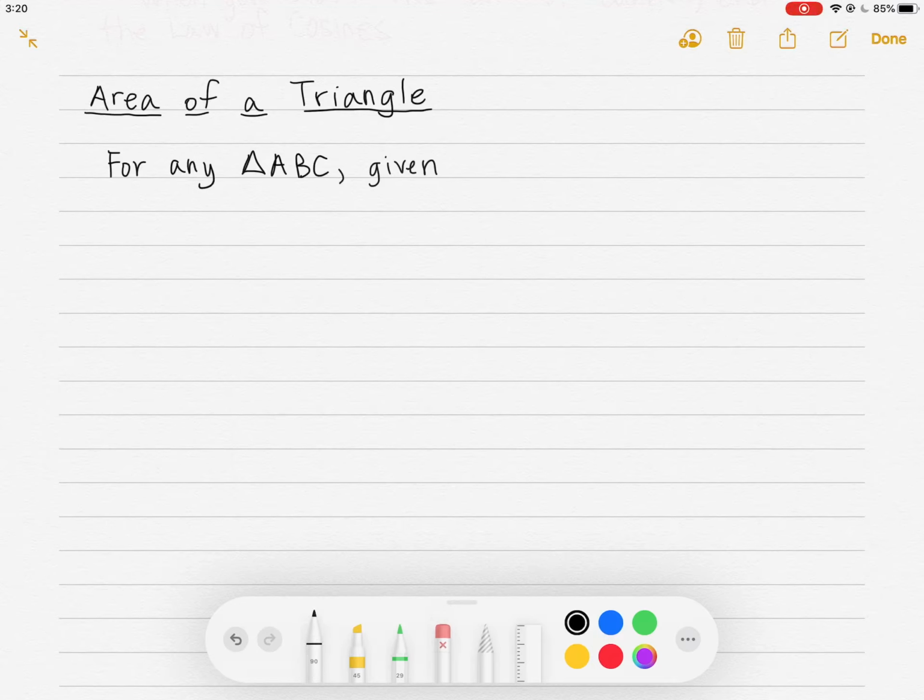In a continuation of section 7.3, which I was thinking was in section 7.4: area of a triangle. So this is for any triangle ABC given side angle side. The area of the triangle, which some books make more like a curly A, not to be mixed up with angle, capital A, is 1/2 BC sine of big A,